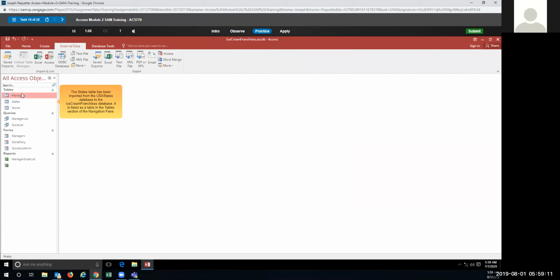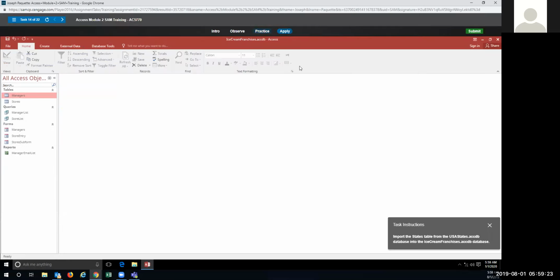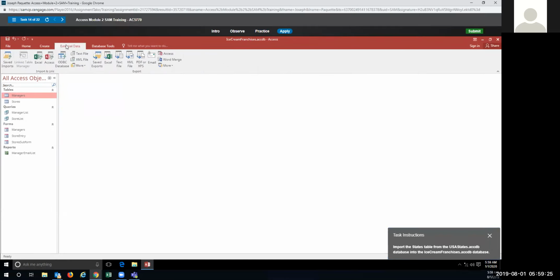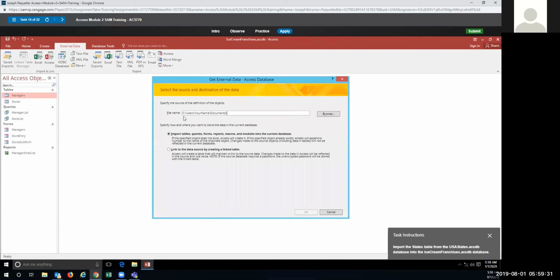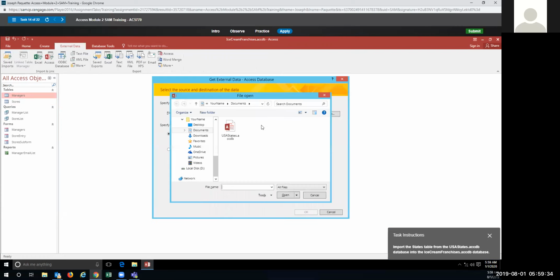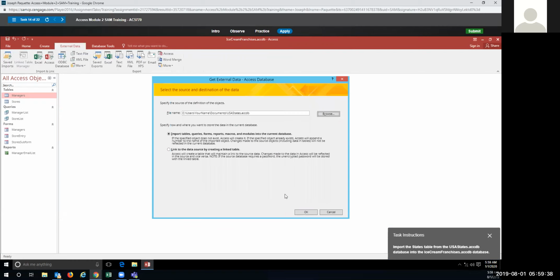The states table has been imported from the USA States database to the Ice Cream Franchises database. It is listed as a table in the Tables section of the navigation pane. So in the previous steps, what we did was we brought in data to add to one of our tables that we already have. In this case, we're going to bring in an actual table from another database that we've